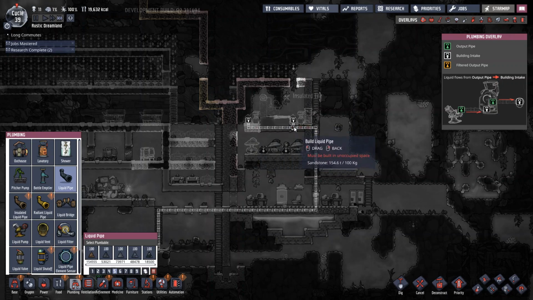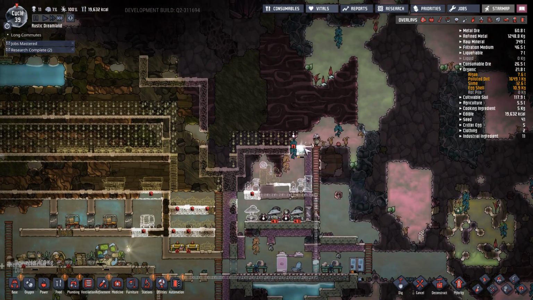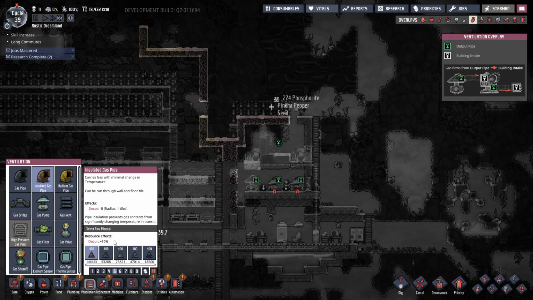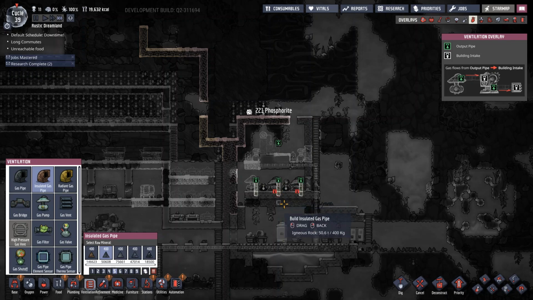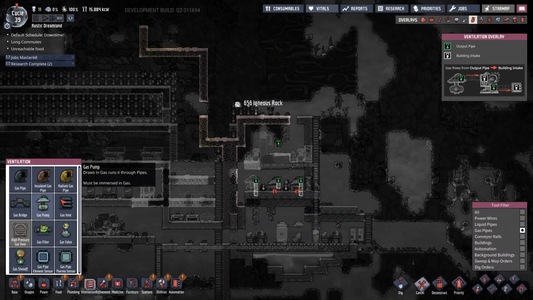So something to keep in mind more for this oxygen, because we're going to come in here to ventilation, and this oxygen is going to be a little spicy. So we're going to use insulated pipe here. We'll make it out of igneous rock. And how are we going to do this? Probably not like that. I think we'll probably send...